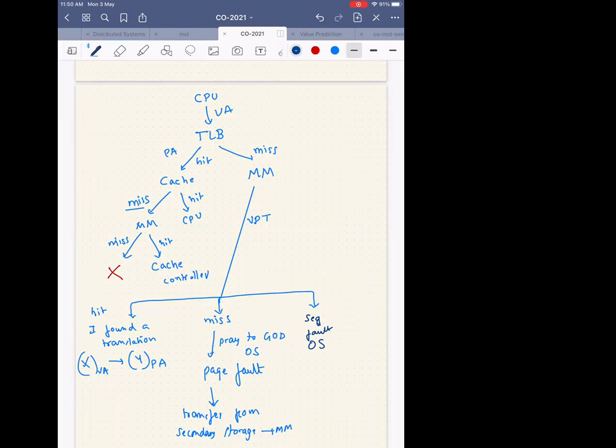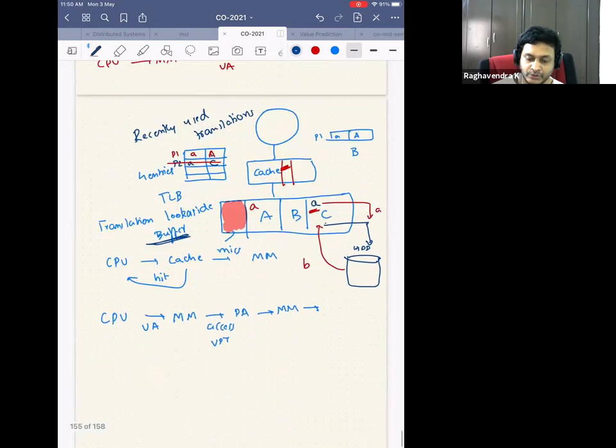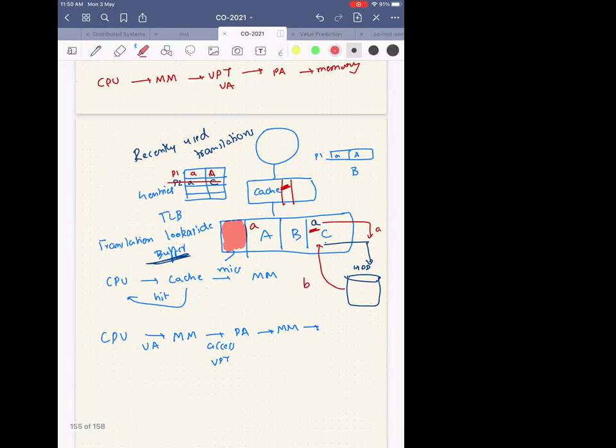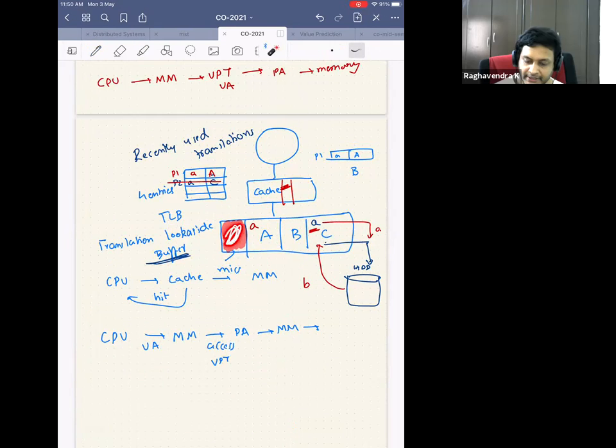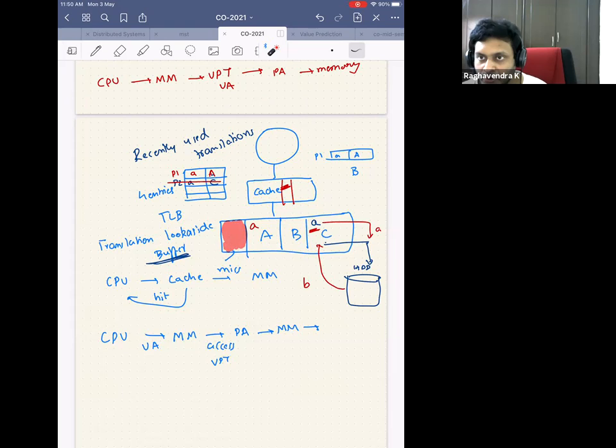Sir, this is clear, but the virtual page table is implemented in the hardware only, right? No. Virtual page table is a software. It's a data structure. It is stored here. Okay, sir. If you really want to know it, it is stored in the PCB. It's called process control block. It is generally after the kernel space.